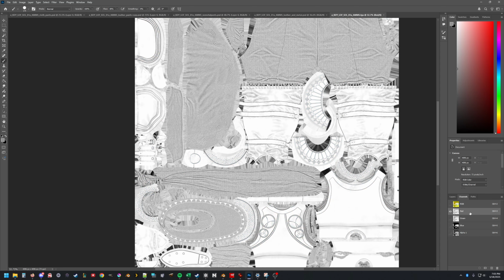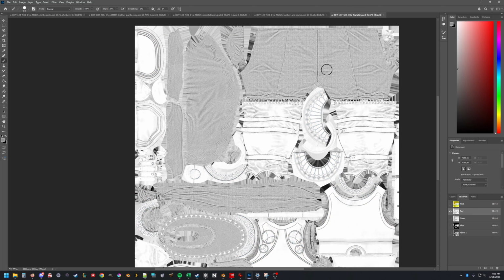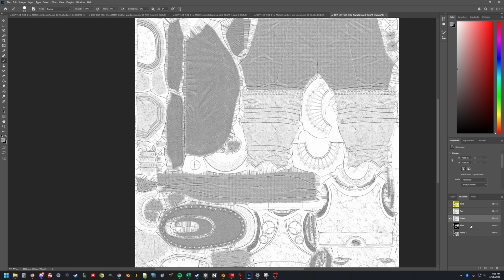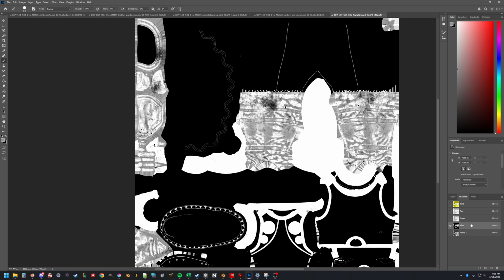So if I click on the red here, it is going to show me all of the red. And same thing with green and with blue. So it's the same thing that GIMP does, except it shows me these in grayscale, and I find it a little easier to parse. So